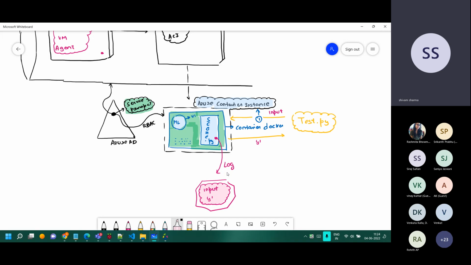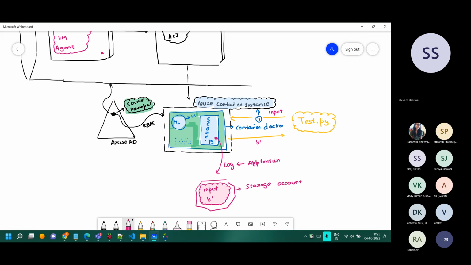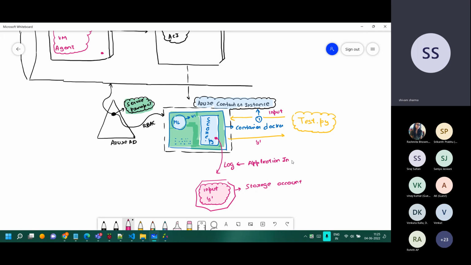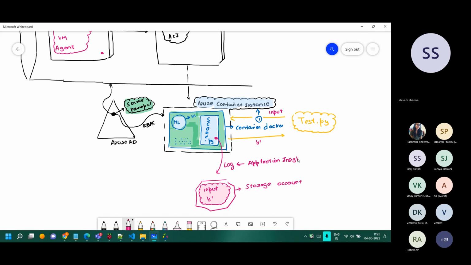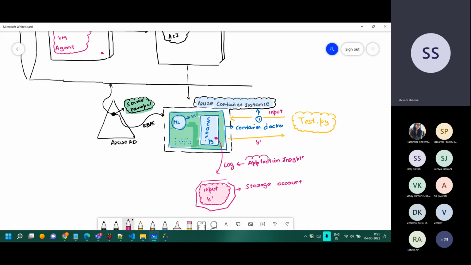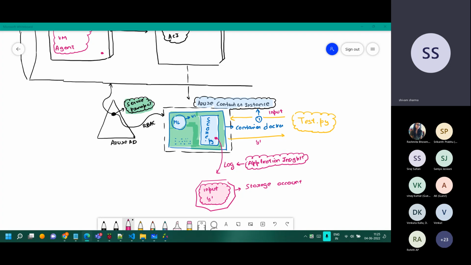And the location is the same old location. We can use a storage account for the logging purpose, where everything is getting logged. But the service which will do this is Application Insights. So we will use the service Application Insights, and we'll see how we are using it. I'll just put it here on the screen. Let's go and see how we configure this part.